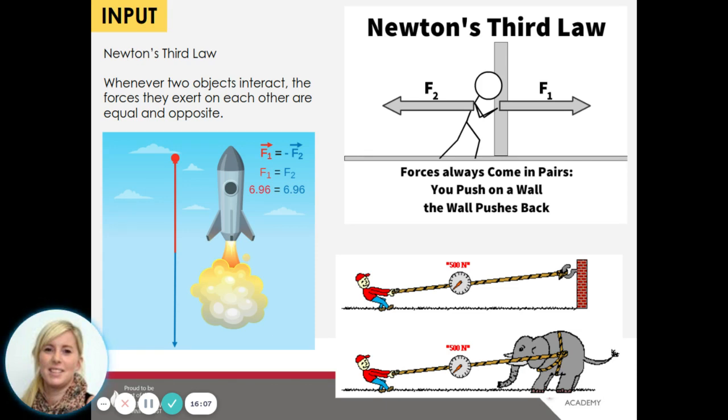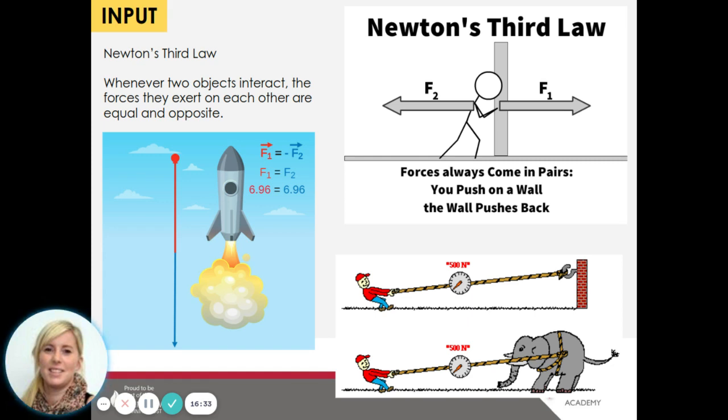So the third law then. We've done the first, which was about if the forces are balanced, then the object remains stationary, and if it's moving at a constant speed, it continues moving at a constant speed. And we've done the second law, where we've said acceleration is proportional to the force and inversely to the mass. Well, this one, his third law, is about when two objects interact, the forces they exert on each other are